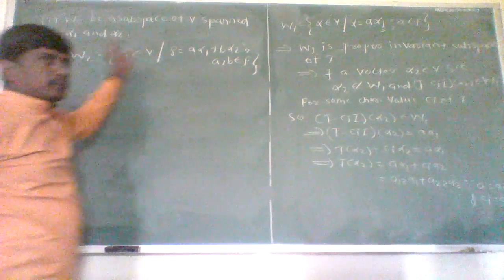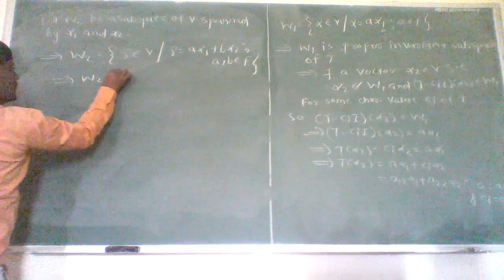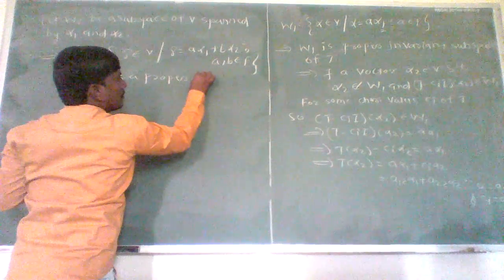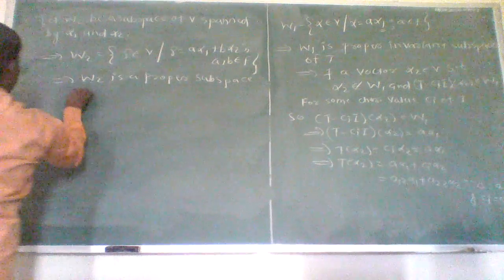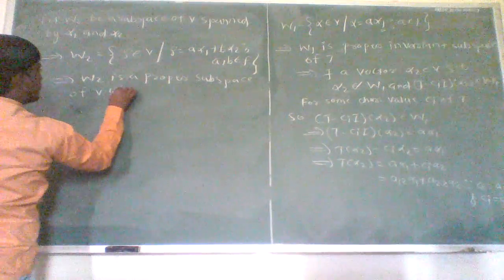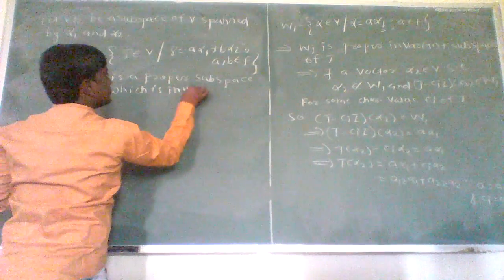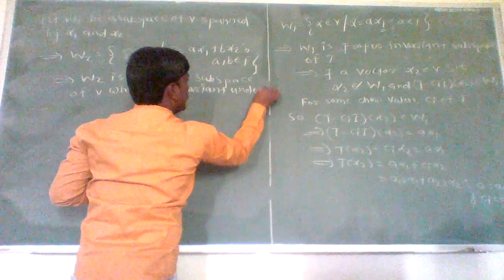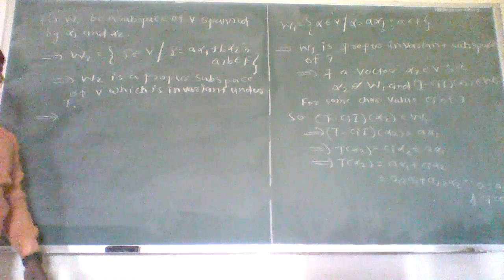Therefore W2 is a proper subspace of V which is invariant under linear operator T. Then by that previous theorem, from the first chapter,